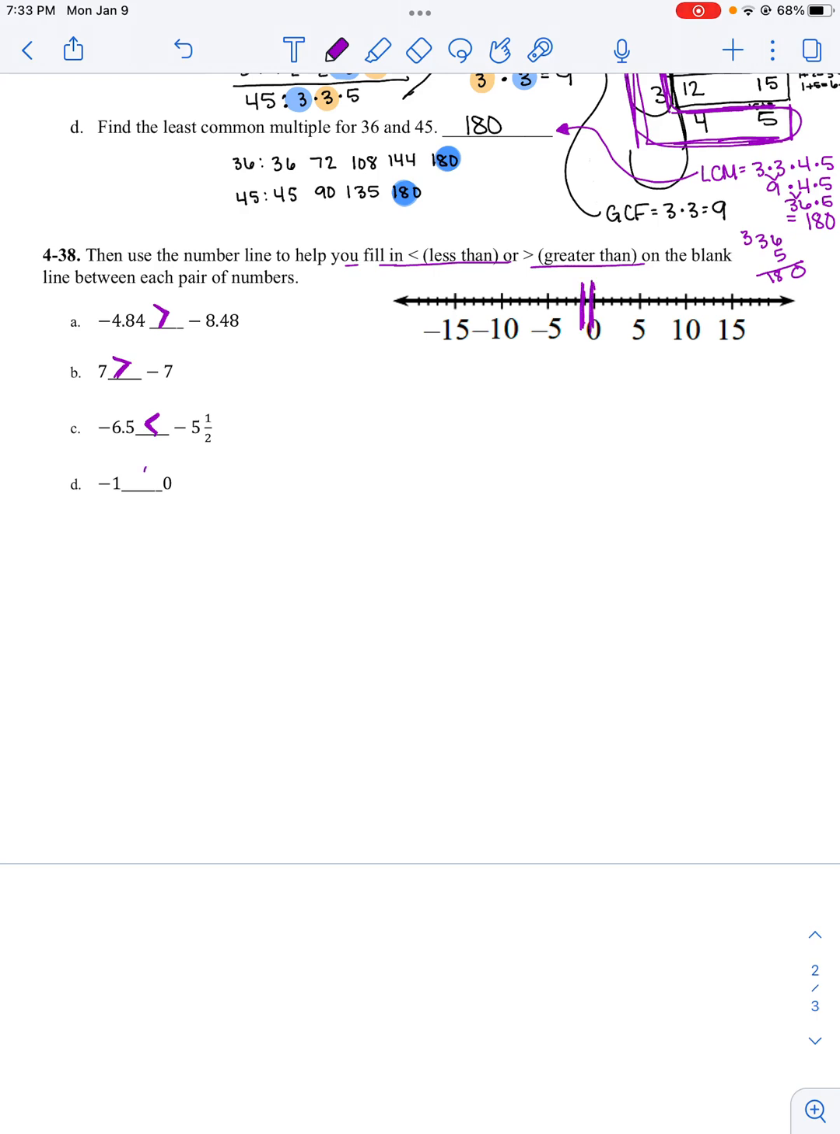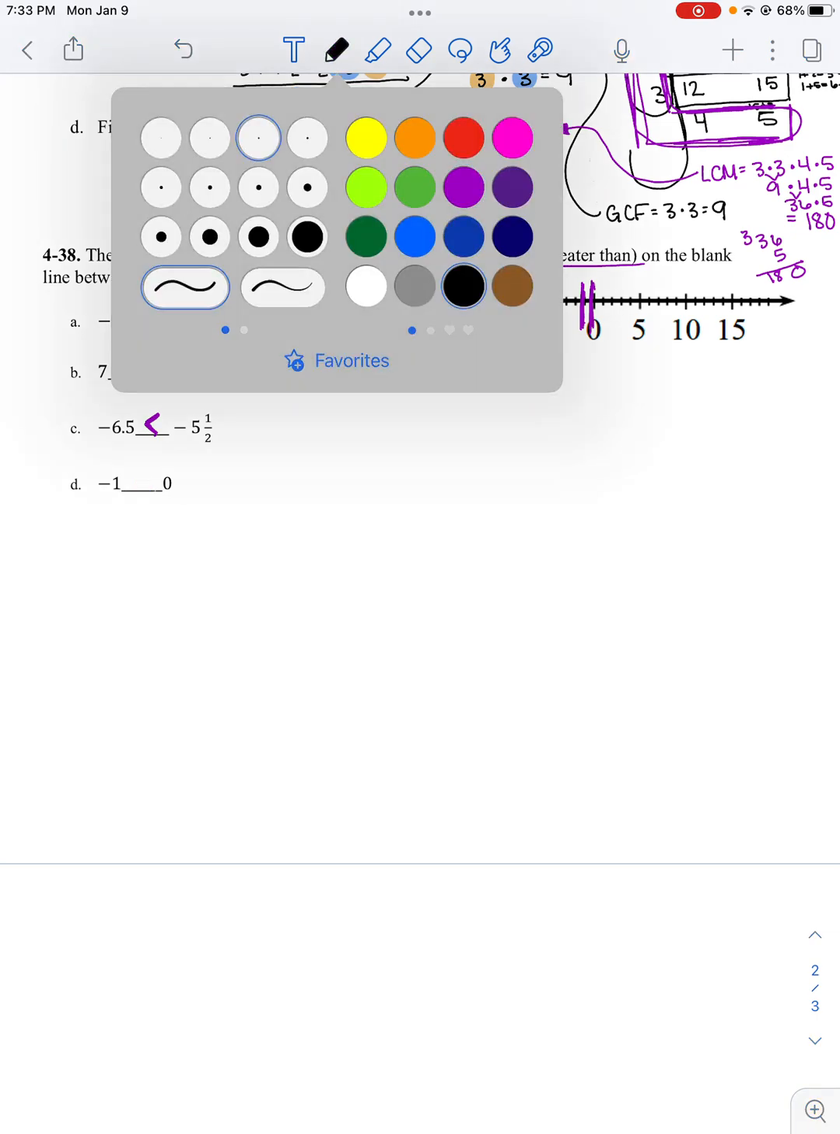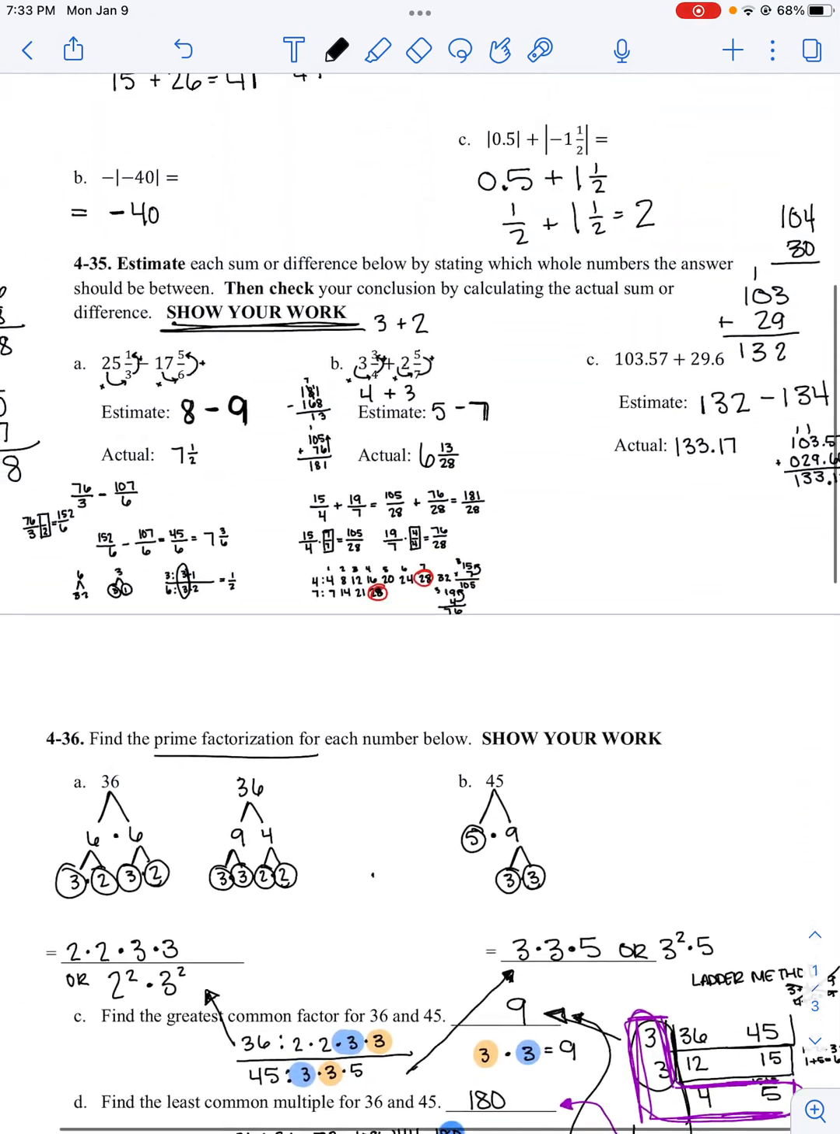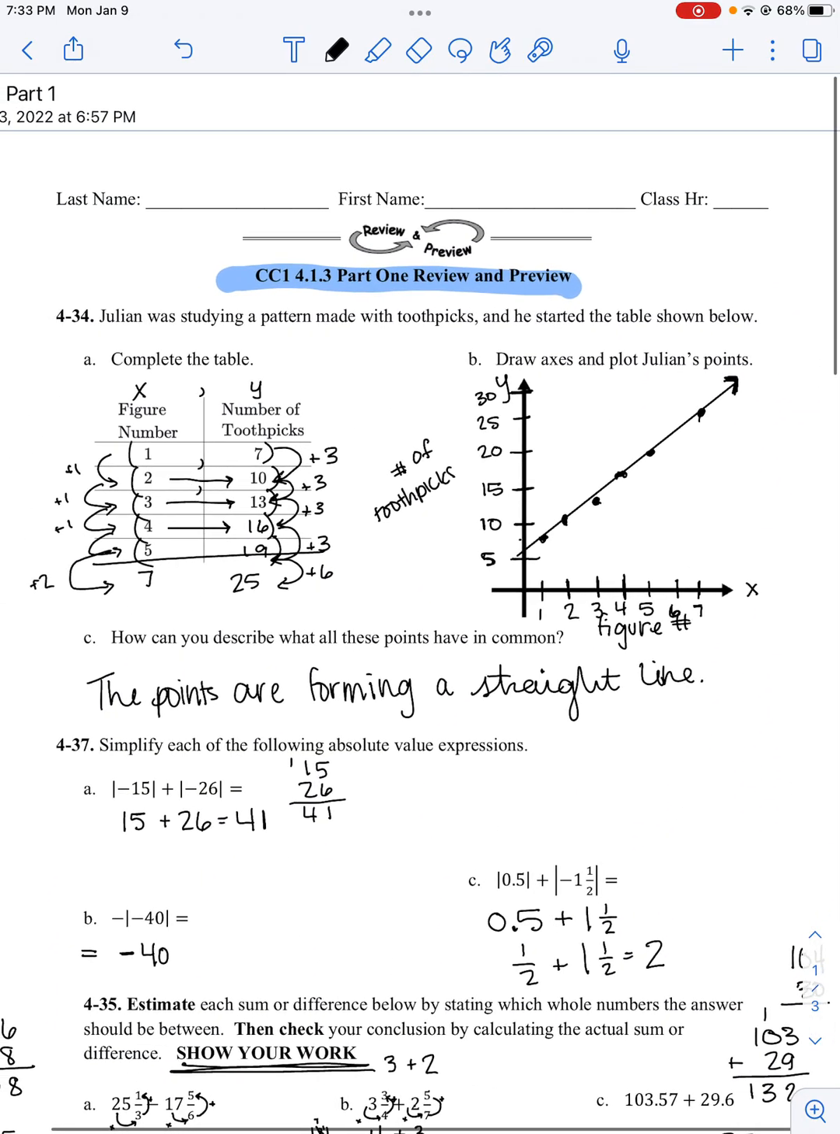Negative 1 and 0. Negative 1 is less than 0 because it is more to the left. As always, if you have any questions on homework,